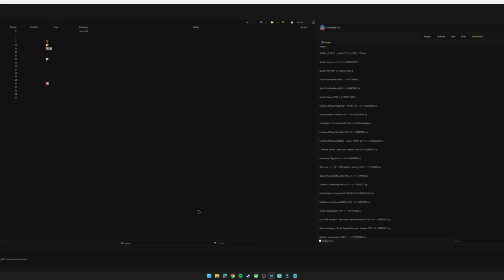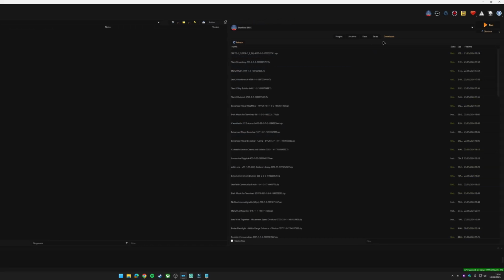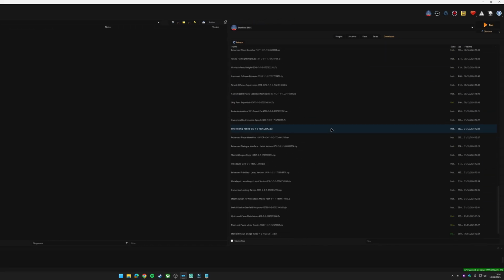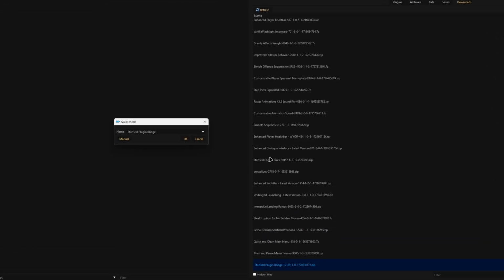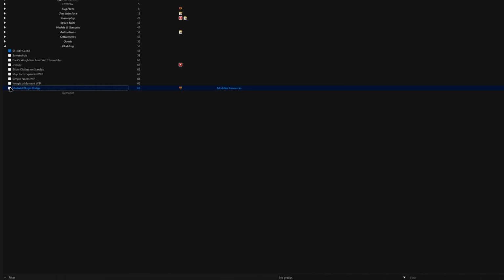Give that a moment to load Mod Organizer. Go to my Downloads tab here. Go all the way down to the bottom in my case, where it puts my latest downloads. Right click, install. OK. Activate it down the left hand side, and if I just right click, open in Explorer,